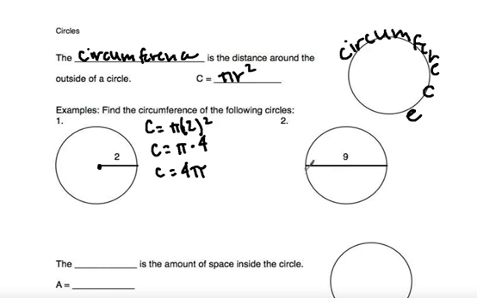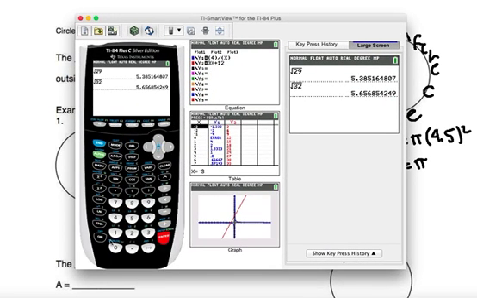In example 2, you have a diameter of 9. If you have a diameter of 9, that means that you have a radius, because I need a radius for this one, of 4.5. All you have to do is take 9 and divide it into 2 parts to get 4.5. So to find the circumference of this one, you're going to have pi 4.5 squared. 4.5 squared would be